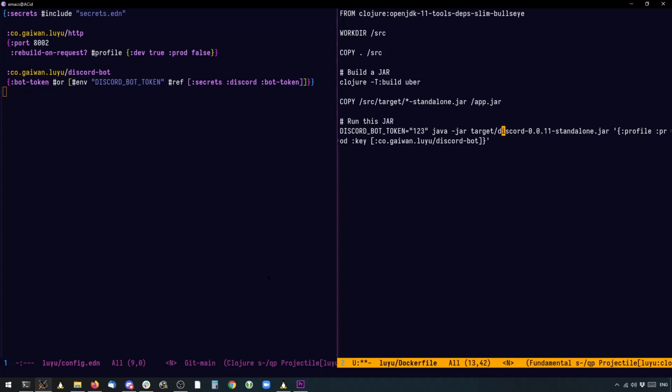Okay, and now we can pretty much run this directly at /app.jar. But we still need this token, right? So we will use Docker environment variables for that. We don't need to mention this. And yeah, I think this is a good start.